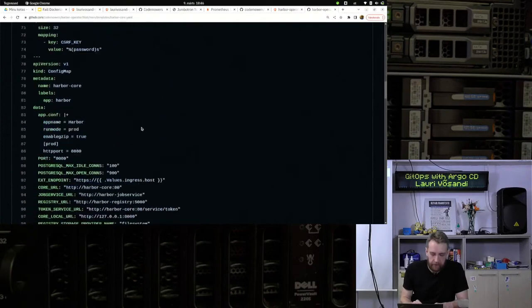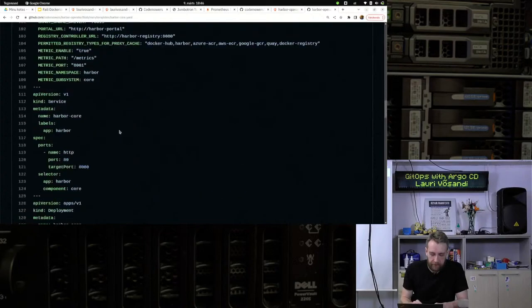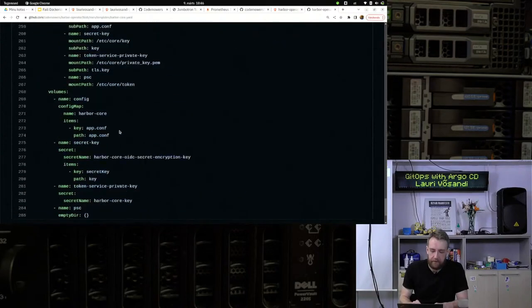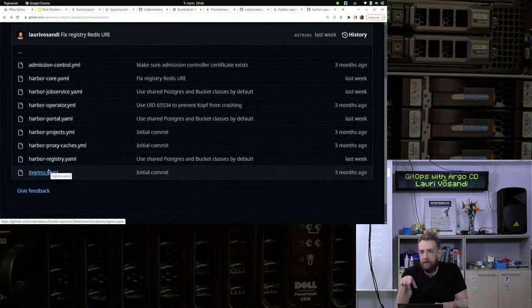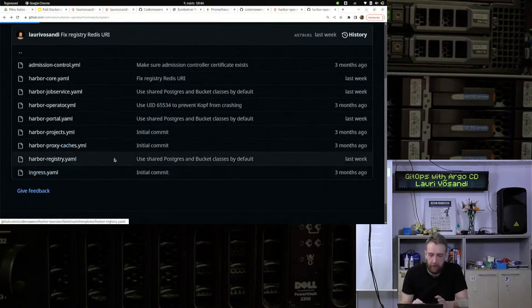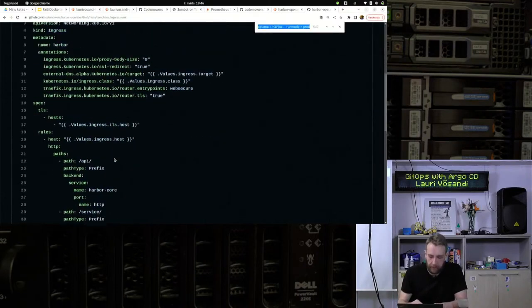You need some sort of config maps, whatever Harbor needs to function, and some stuff which now will differ between different deployments. For example, the host name. Host name is now pulled in from the values,